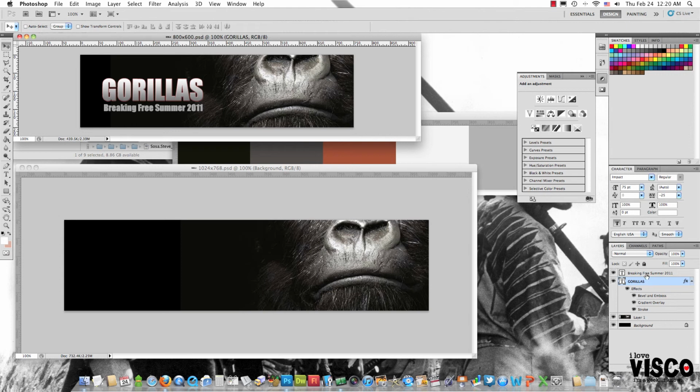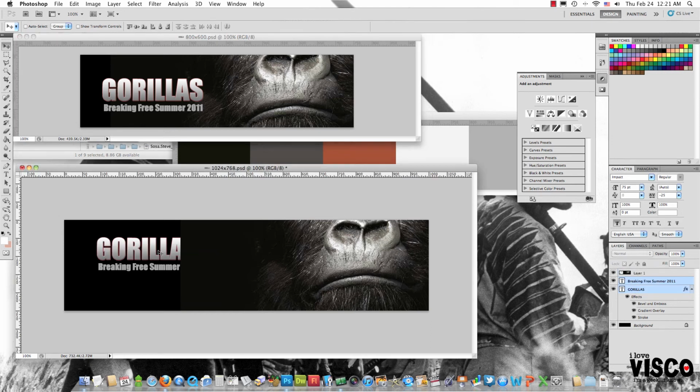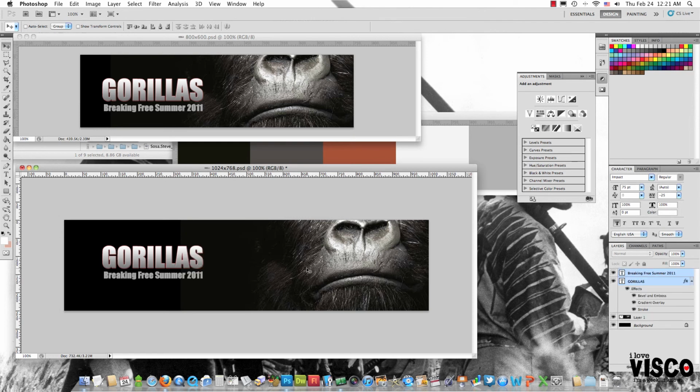I've got the Breaking Free and Gorillas type text titles here. I'm clicking on the very first one and then holding the shift key and clicking on the second one. So now they are both selected, and I'm simply going to drag and drop them into this new PSD. Now I'll note again that I dropped them underneath the layer 1, so now I just need to move them, and now they are above layer 1. So a quick way of adjusting size or filling up the screen here a little bit, if that's what you want to do,